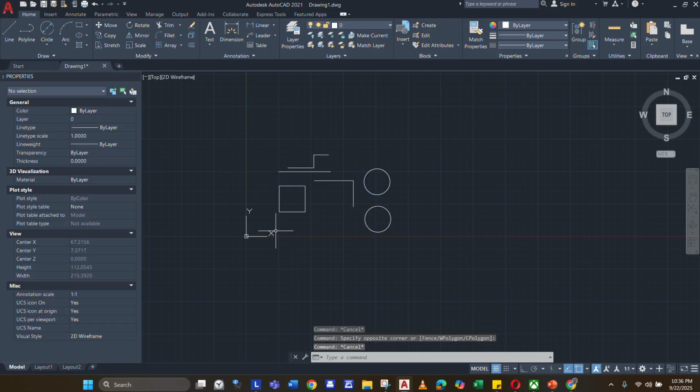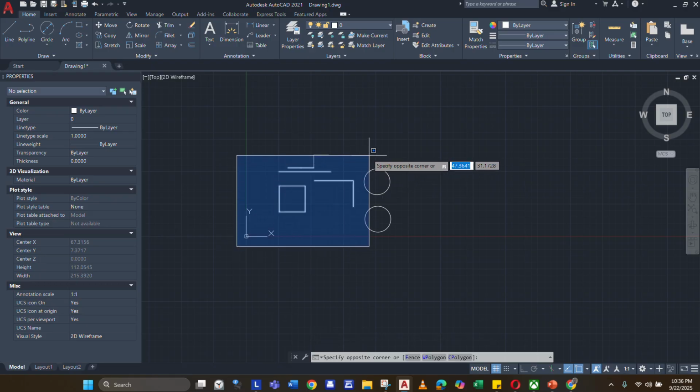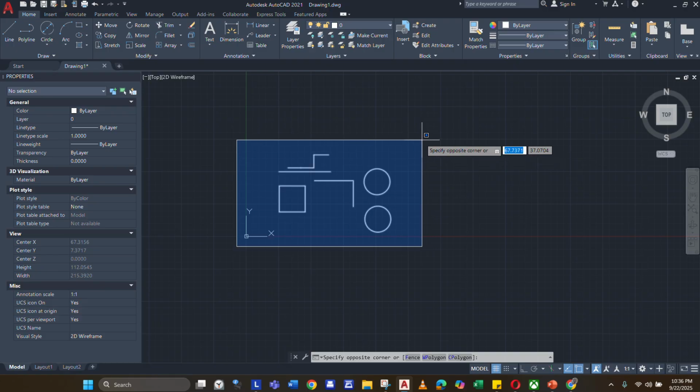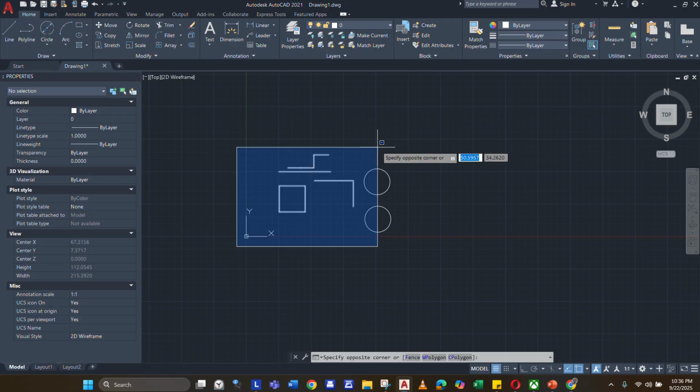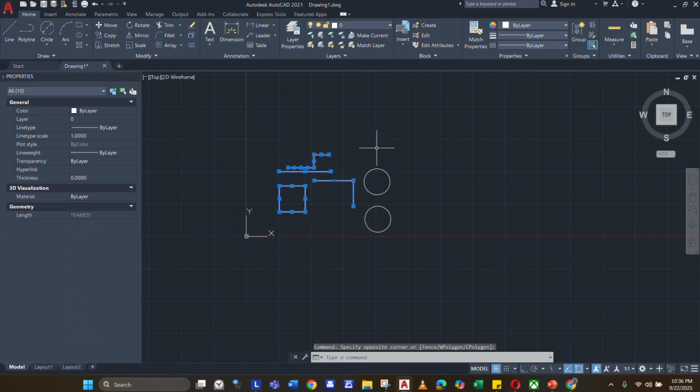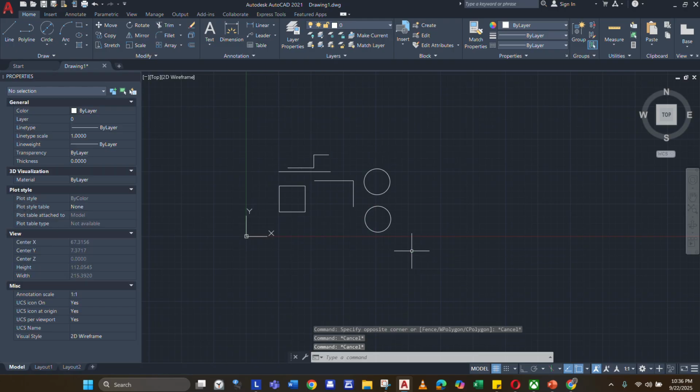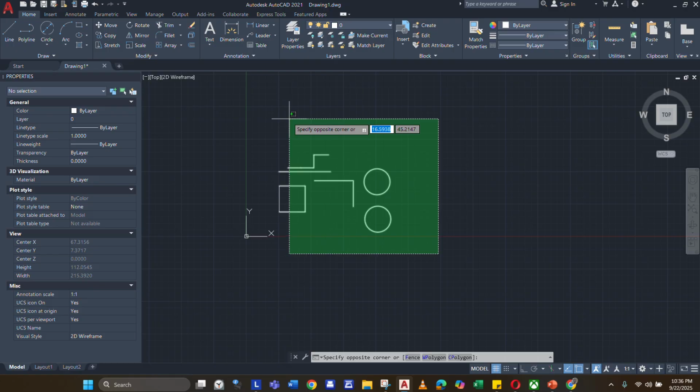Now, if I do the opposite side, which is here to the right, then it will show the blue. And if I only choose a part of the circle, not the whole circle, it will not be selected together with the other objects that the blue chose entirely. So, see? And so the most practical way would be to use the green one because it will select everything that it touches. Like this.